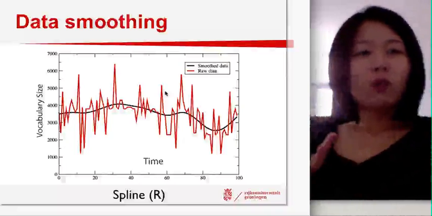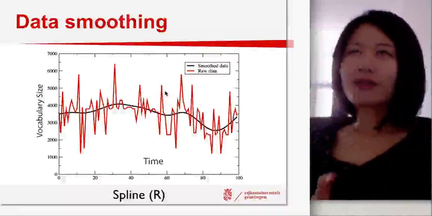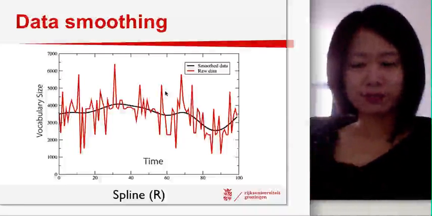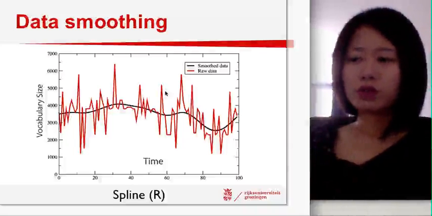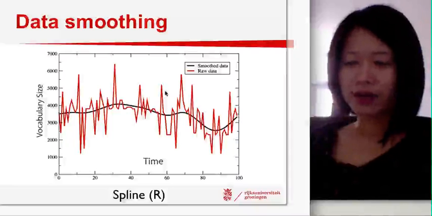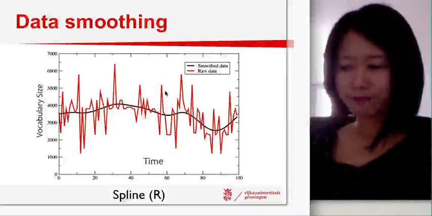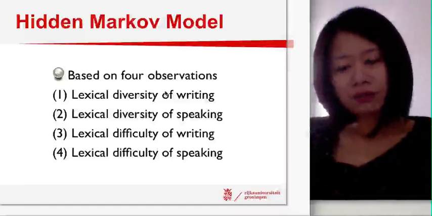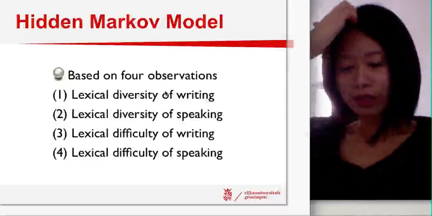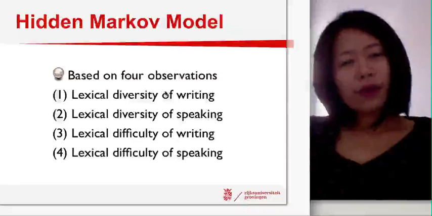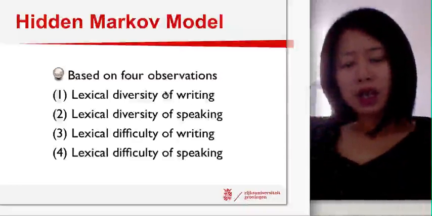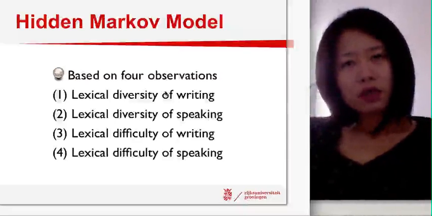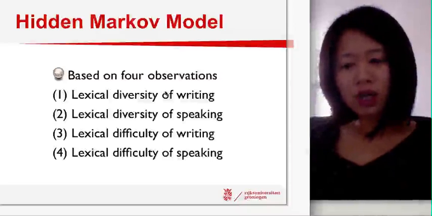But if we want to quantify the development, we cannot only depend on visual observation. So we want to use a mathematical model to quantify the lexical development. We apply the mathematical model, the hidden Markov model, to quantify the development. The hidden Markov model is a statistical random distribution model. It enables us to find the sequential development